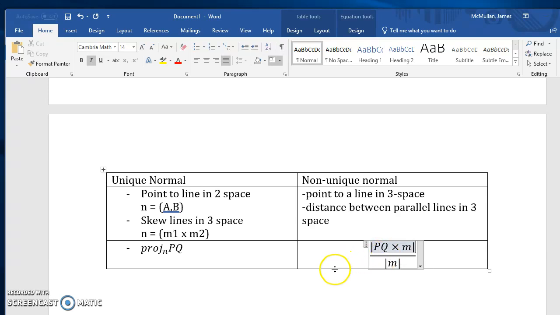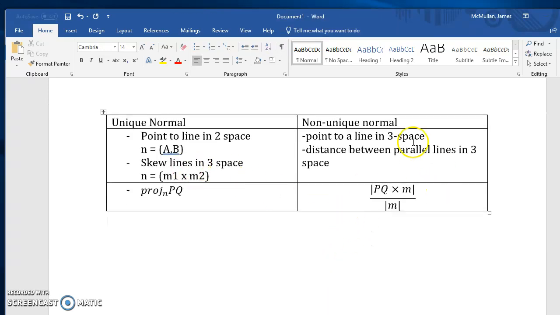Okay, so think about your exam. In your exam, you need to know how to take the distance between objects in 3D. Try to remember this schema here. If you can think of a unique normal, do the projection. If you cannot have a unique normal because there are too many normals or you don't know which one to use, then you use the parallelogram technique. In our case here, for point to plane,